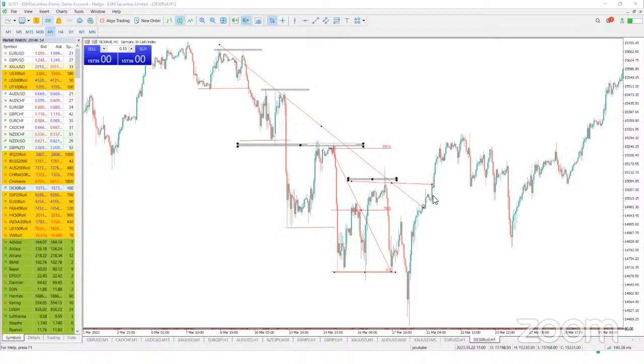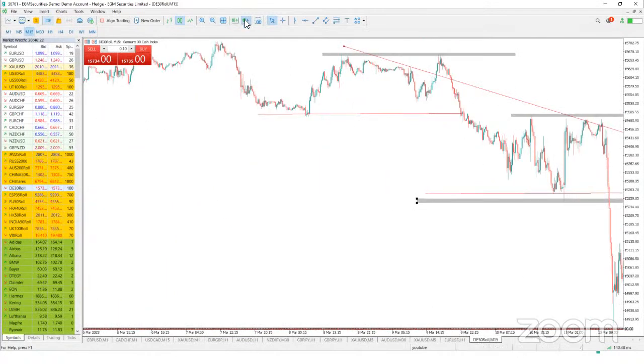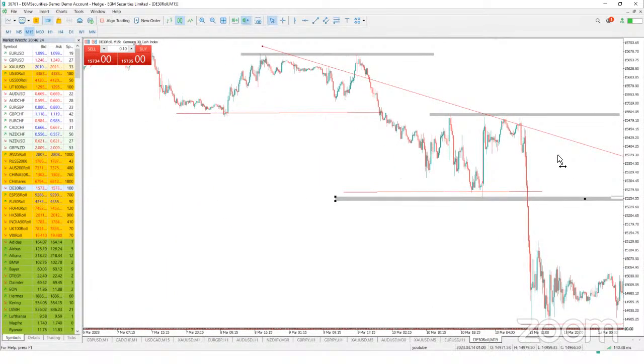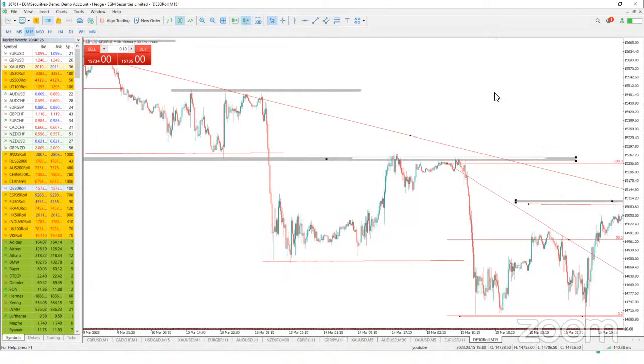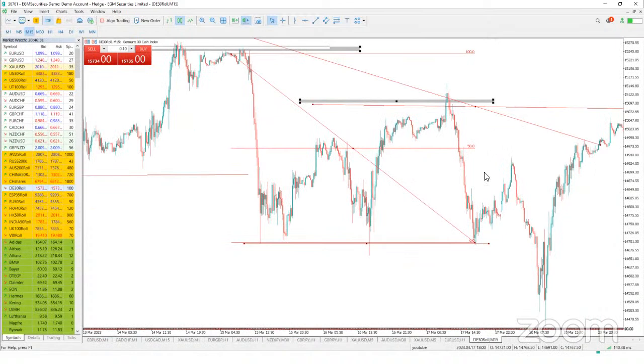If you go to a lower time frame, right about this section here, you will find some kind of a channel forming, right? You have to combine several concepts here for this to get confluence. So for example, here you see you have some form of a channel forming here,